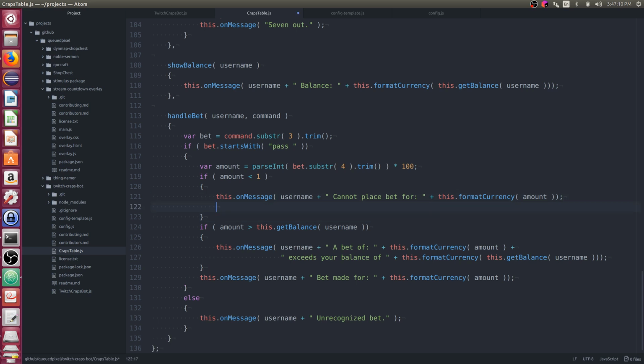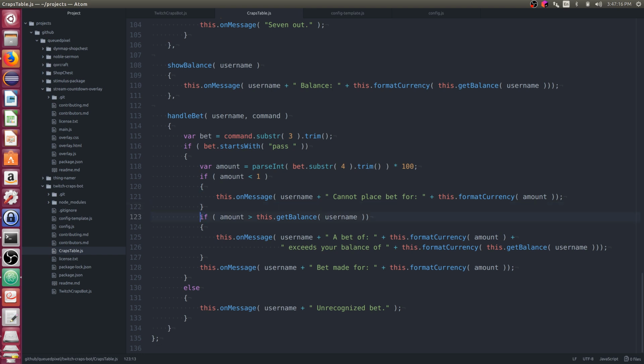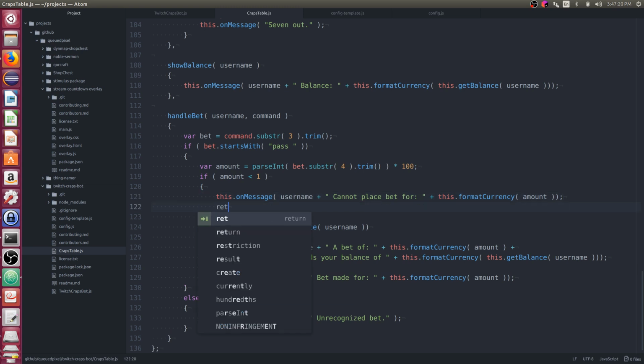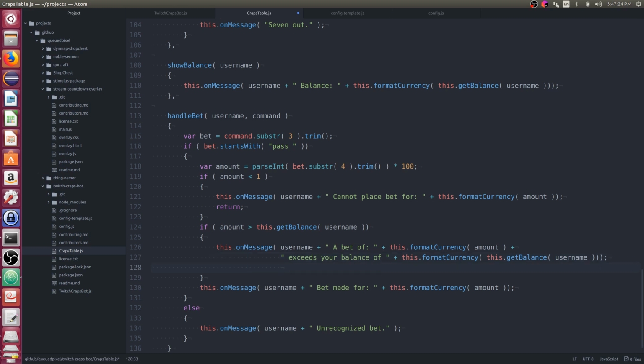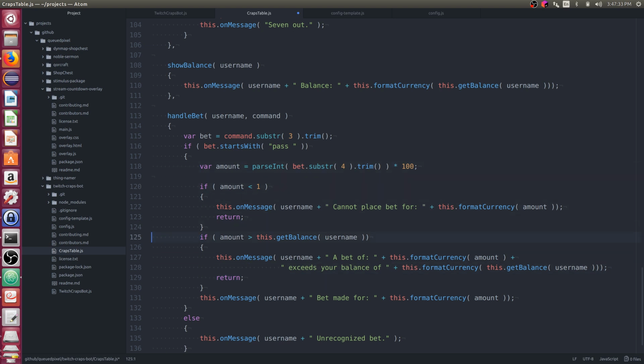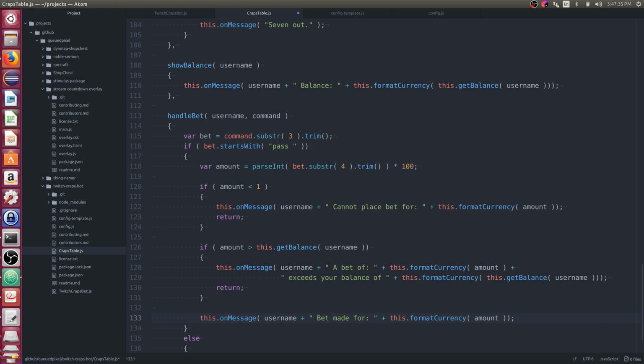Let's just do a return here. Yeah, we'll do an else. Oh, return. We'll do a return. It doesn't really matter. Let's add some spacing in here so these sections are separated.